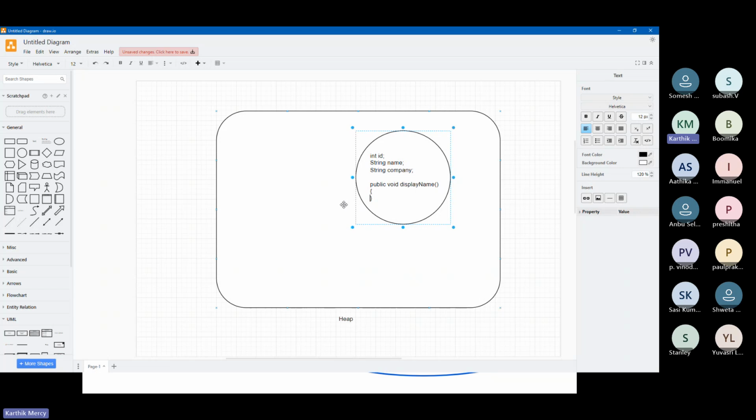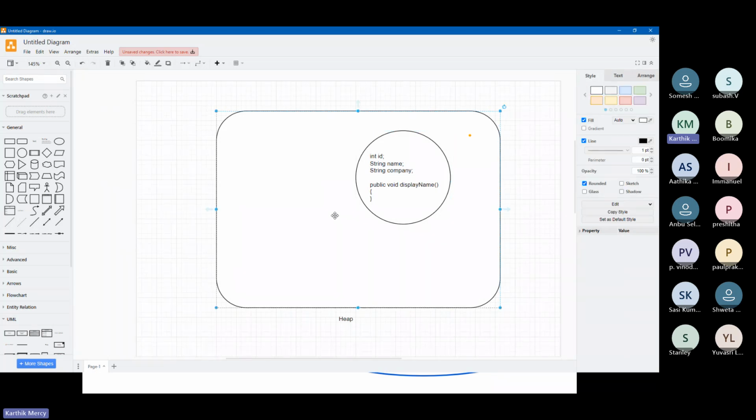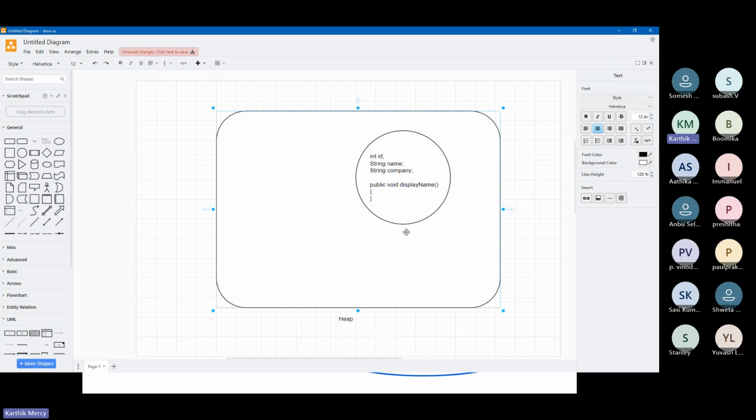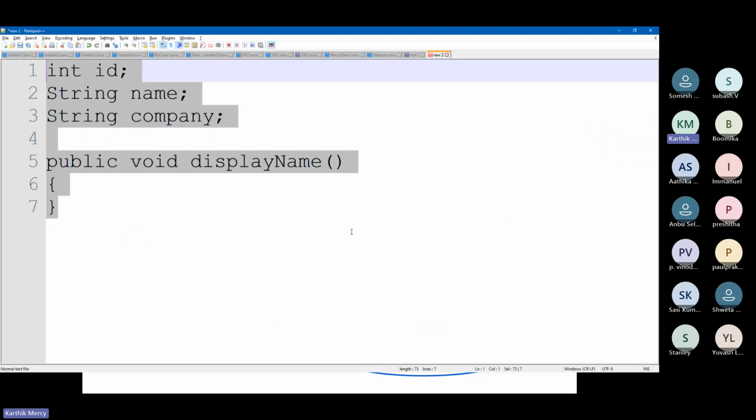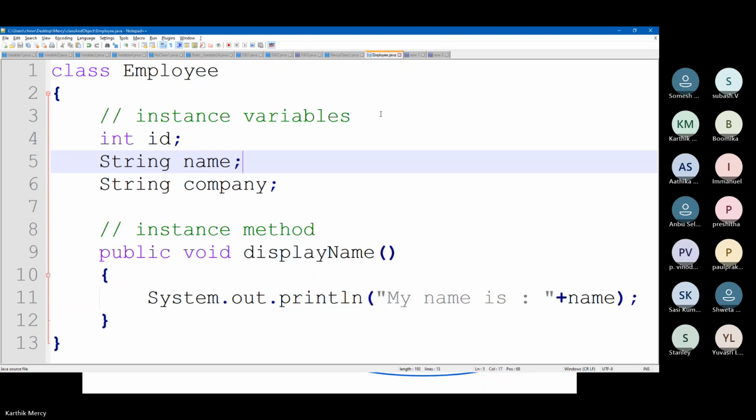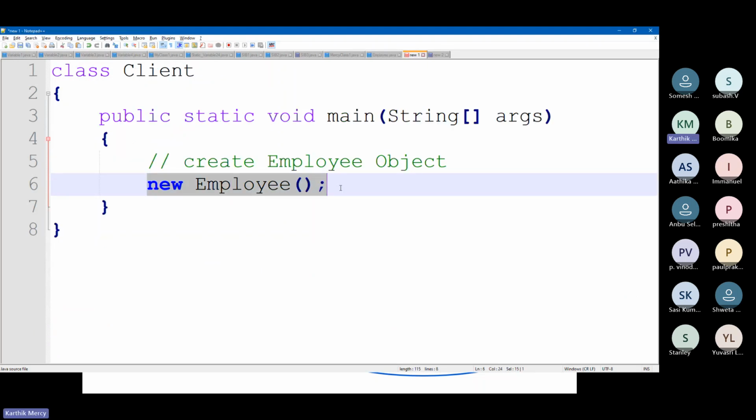So by the particular line that I have shown you, an object called employee would be created inside heap. With this line of code, from line number 6, whatever I showed you in my diagram, that happens.